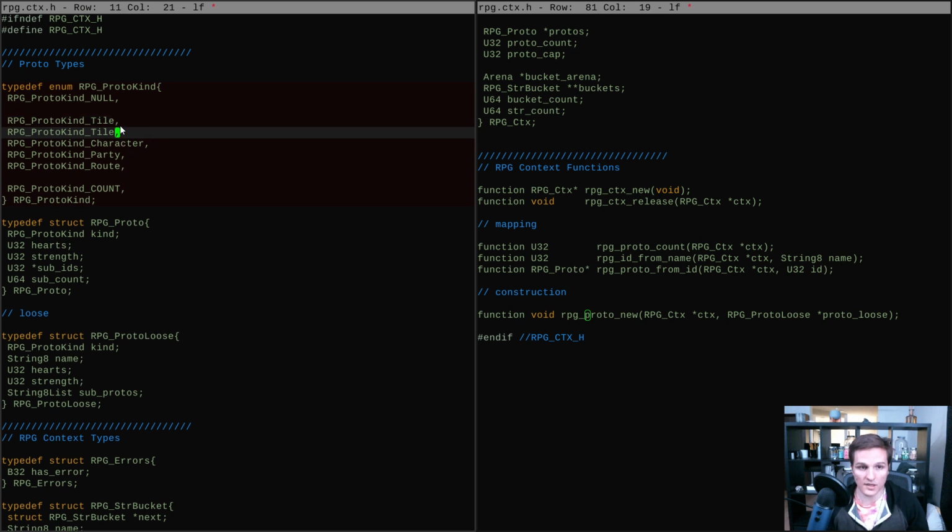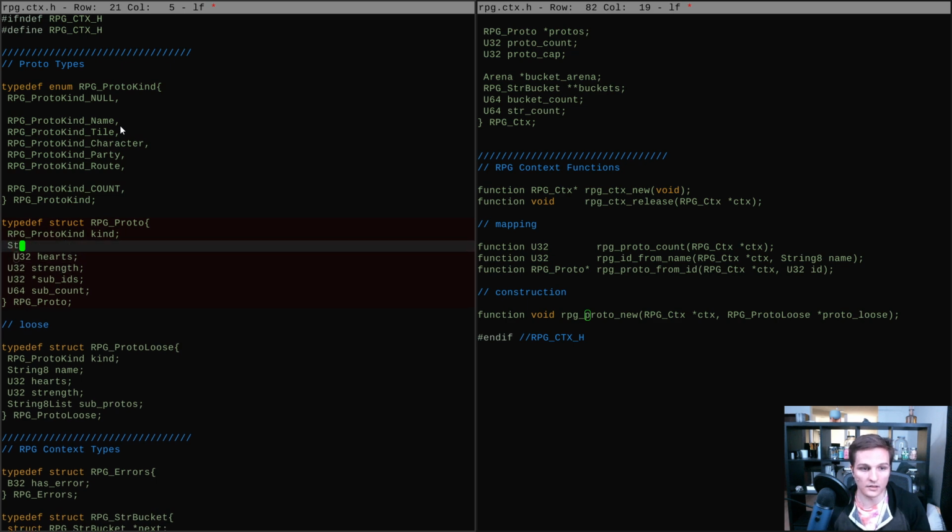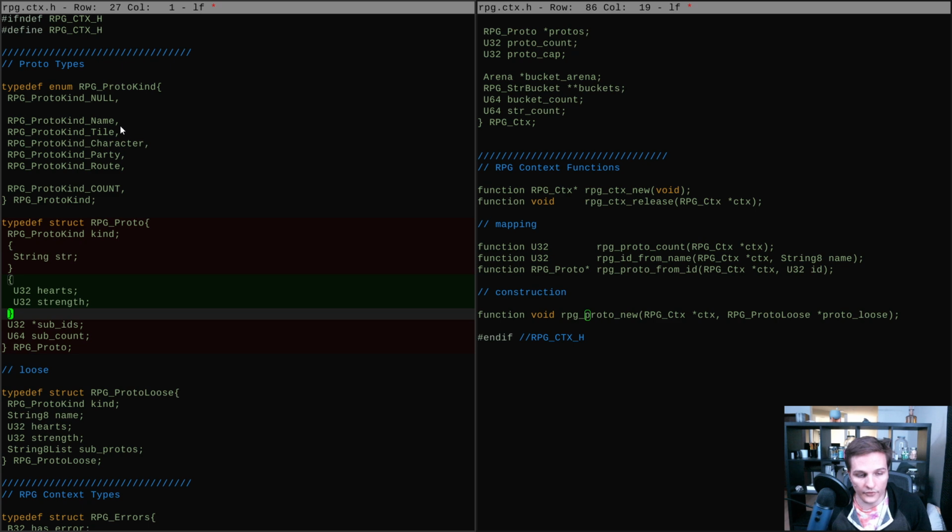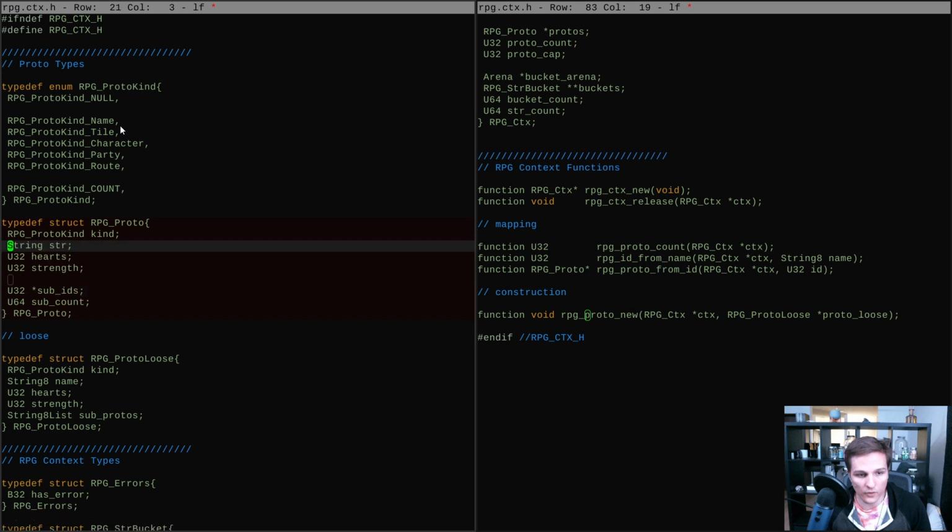So there'd be a name type here, and then there'd be a name or a string element, which would exist here as an alternative to this or something. I don't know if I love that. I don't know what it solves or does for me, but it